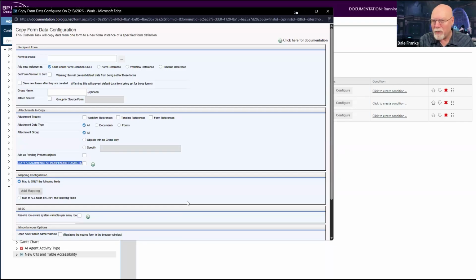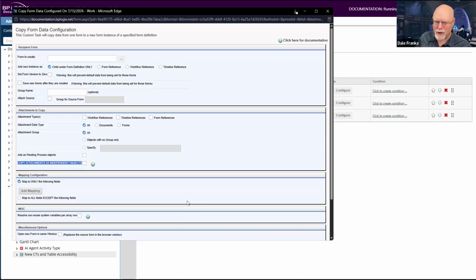If I copy the form and I copy over all of the attachments, what actually gets copied over is a reference to the original document attachment that you uploaded. So in this case, for copy form data, let's say I've got a document attachment.